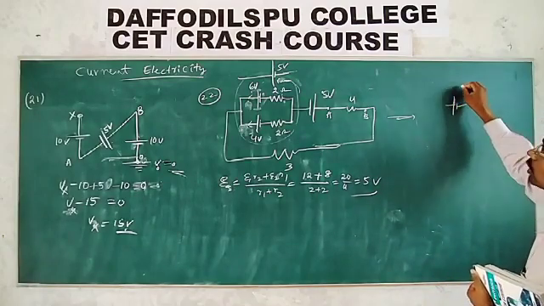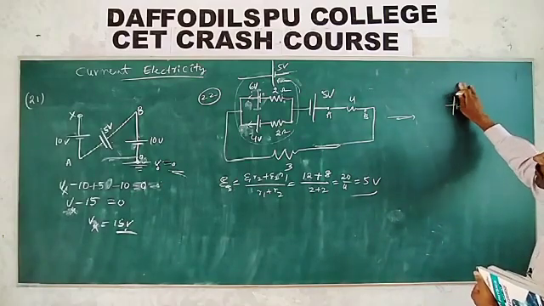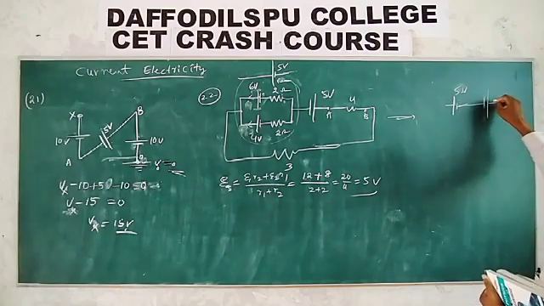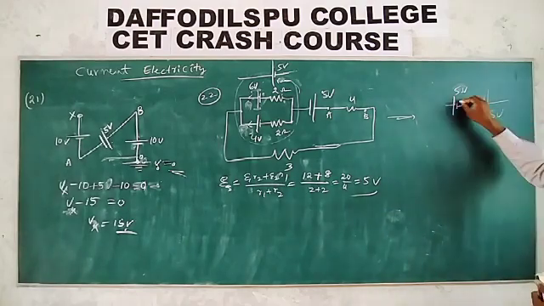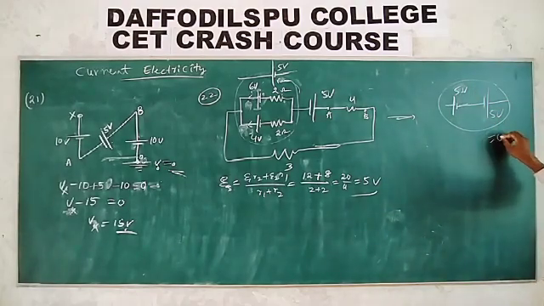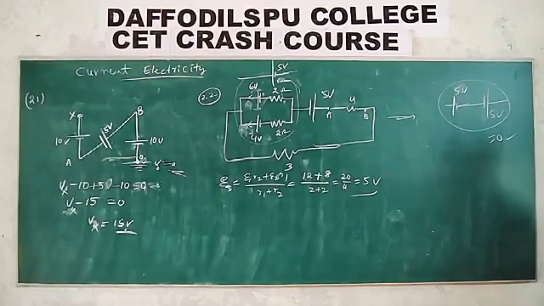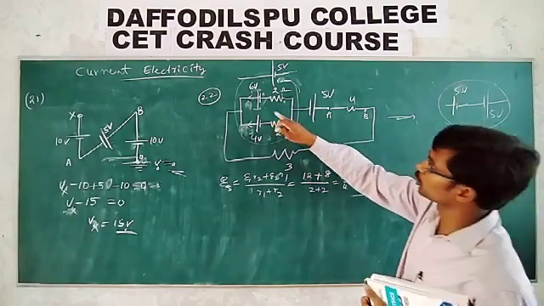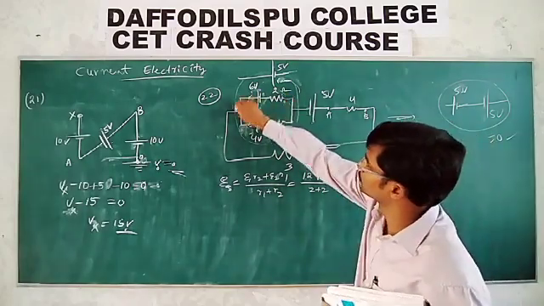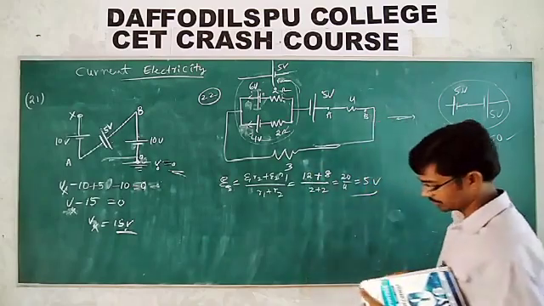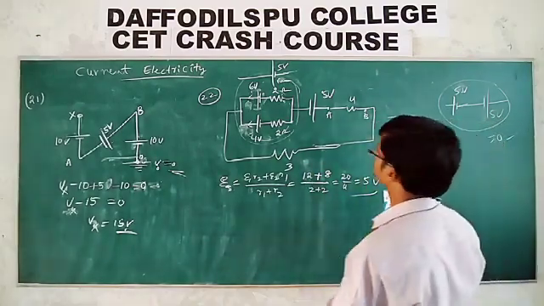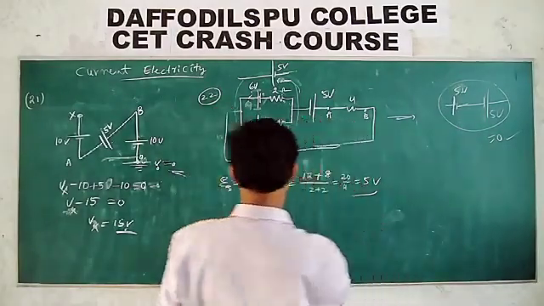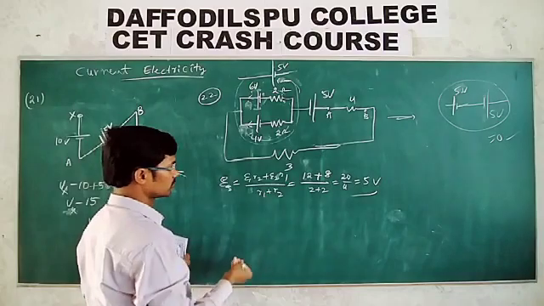This is 6 volt and 5 volt, 5 volt equivalent, and here it is also 5. Now you can see what is the current because of this one. What is the EMF? 0. Then no net current flows through this entire circuit. Is it okay? Therefore, current flows only within this loop. Current is flowing only within this loop. Therefore, you can take only that circuit, only the one within this loop.